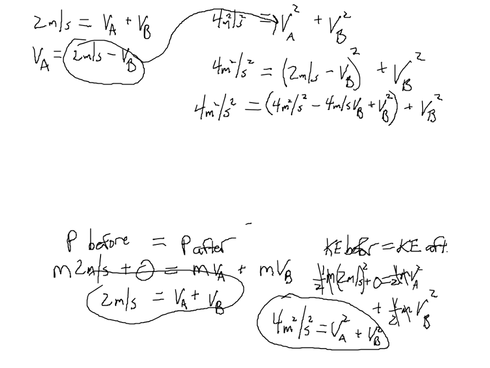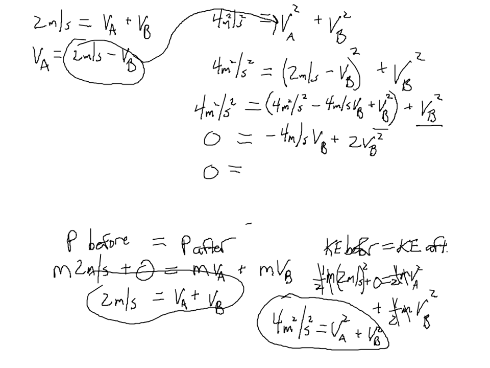I can subtract 4 from both sides, giving me 0 equals minus 4 meters per second VB plus, here's 1 VB squared, and here's another VB squared, so that's altogether 2 VB squareds. Now let's